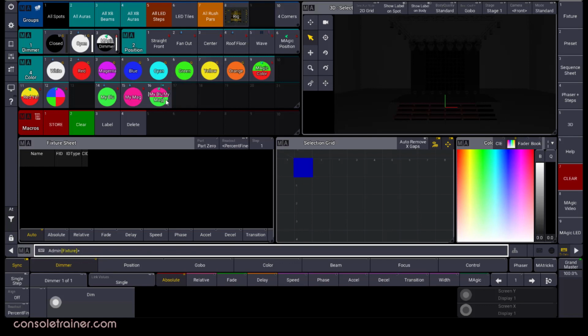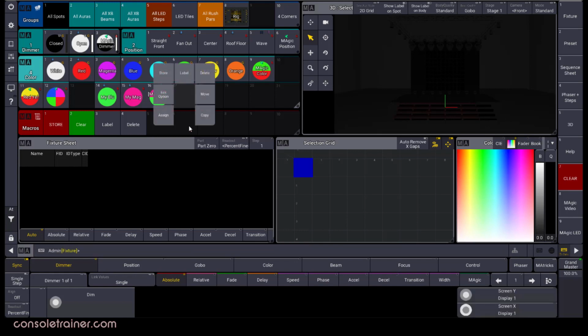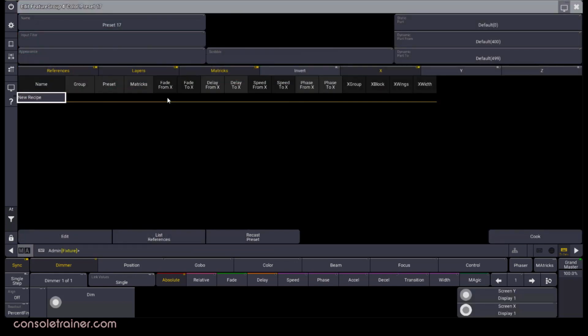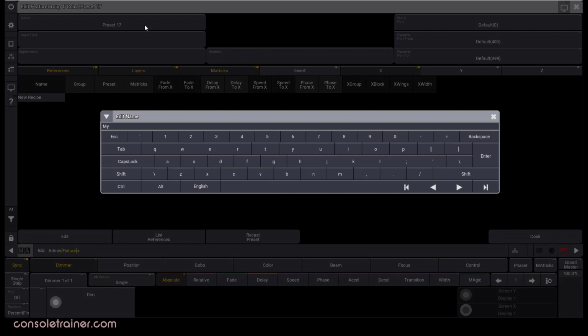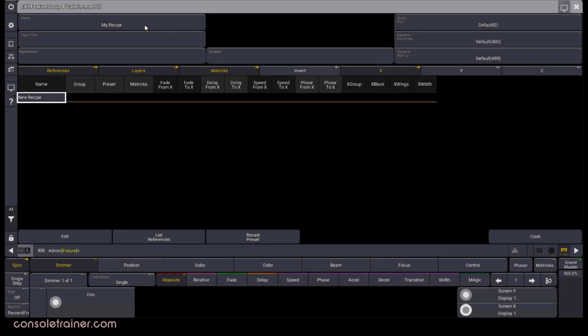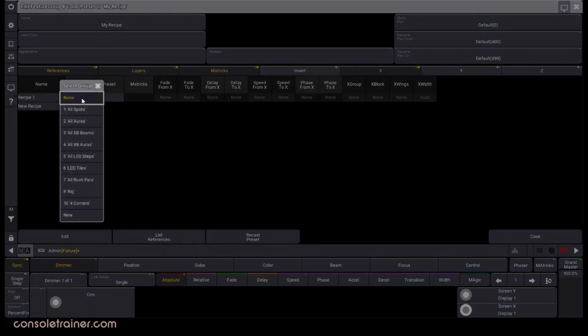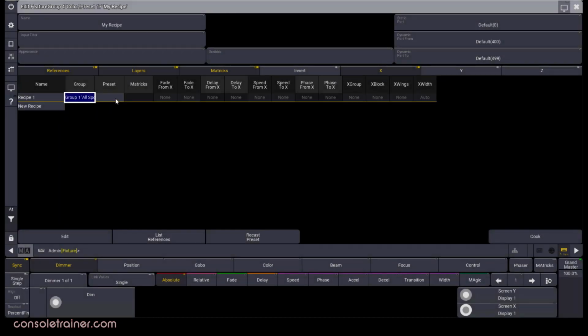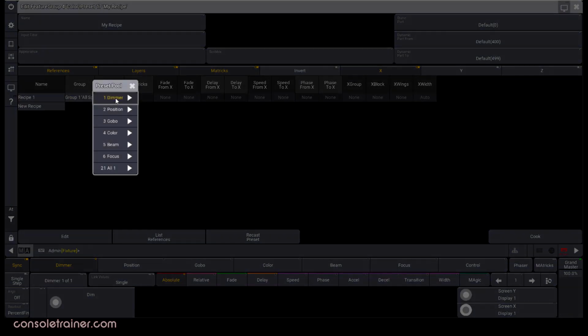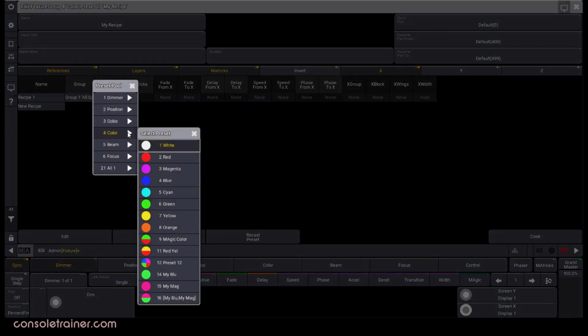We're going to use that same magic preset we just created and eventually store it into a new queue, but first we need to make a new preset with a recipe. I'm going to swipe beyond an empty preset, go into Edit Options, and right away, first thing I'm going to do is label it. In the recipe section, set the group that you'd like to use under the group column. And then in the preset column, I'm looking for the color pool and then that magic preset that we just created.